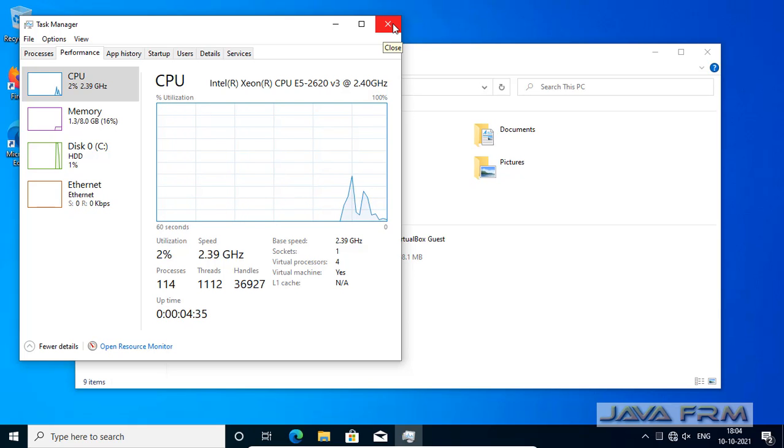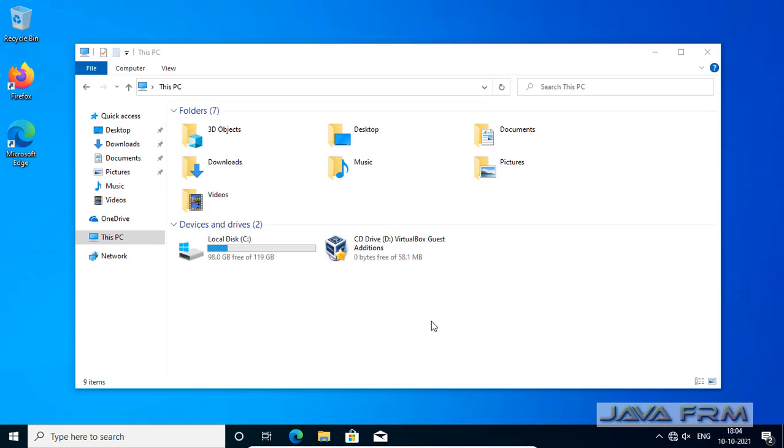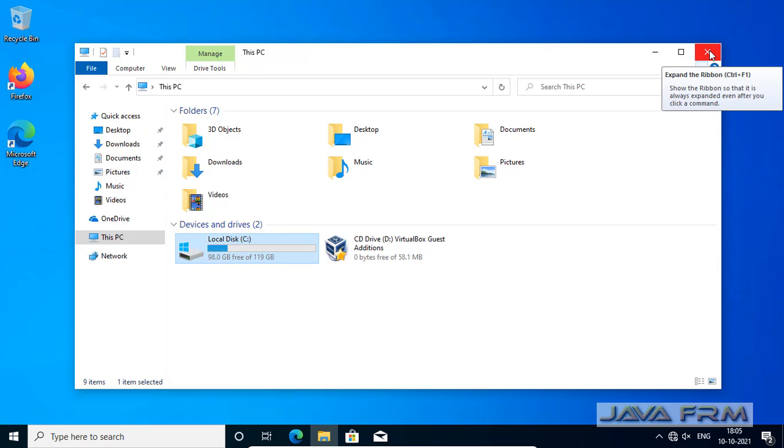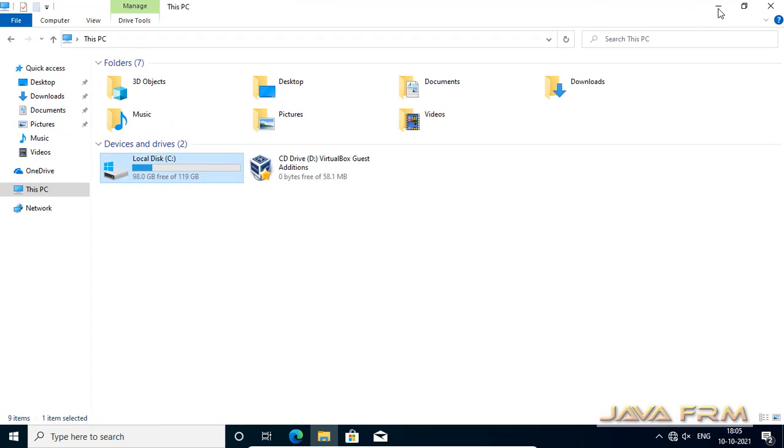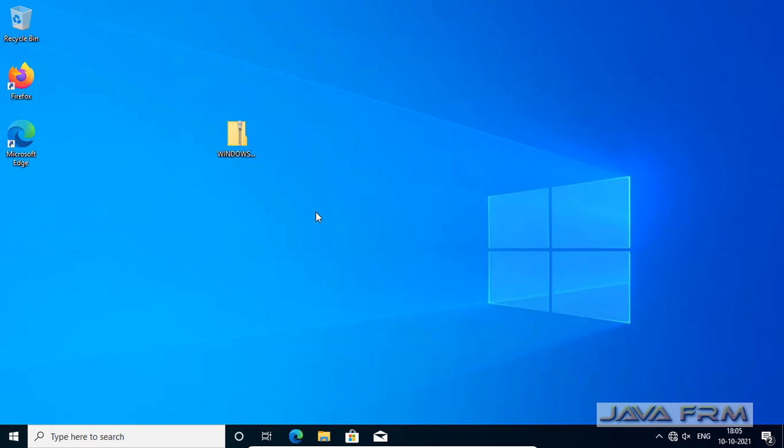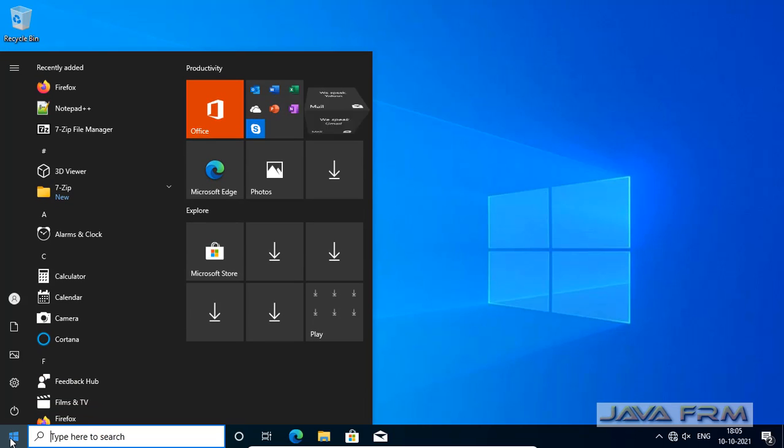Make sure that you have enough hard disk space in order to extract the installation files. I'm having enough hard disk space here. So 3 GB free RAM and at least 2 CPU cores are mandatory for running Enterprise Edition. Okay.